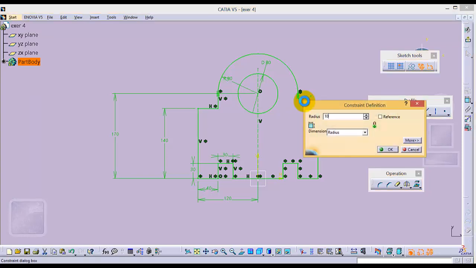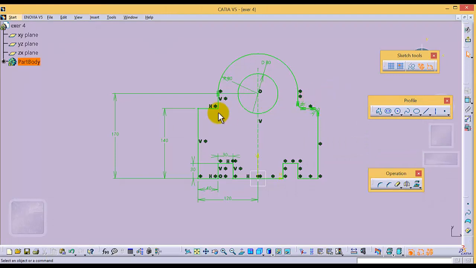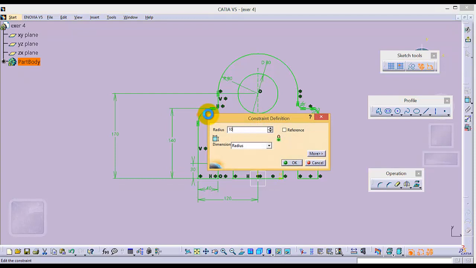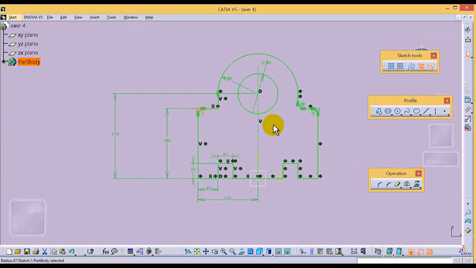It's also 10, and same thing for these two corners. So I'm going to select corner, this one, and it's 10. Then I'm going to select corner, this line, and